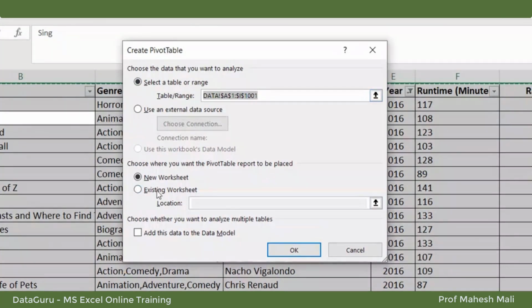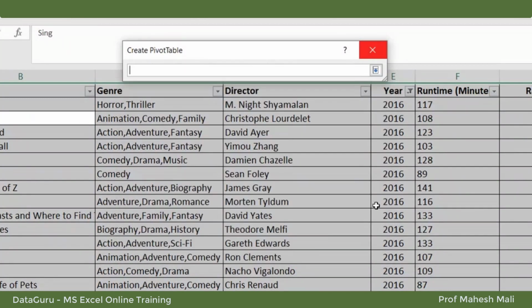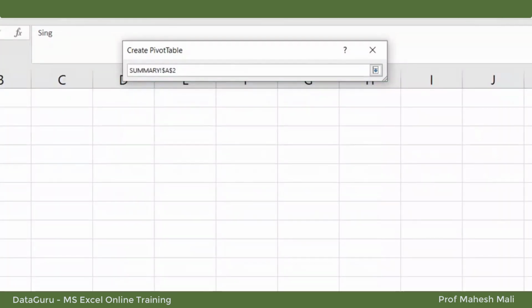Now I am going to place this pivot table in an existing worksheet or a new worksheet. If existing, then you can specify the location. Suppose this is my location.